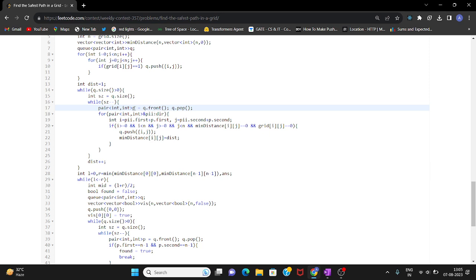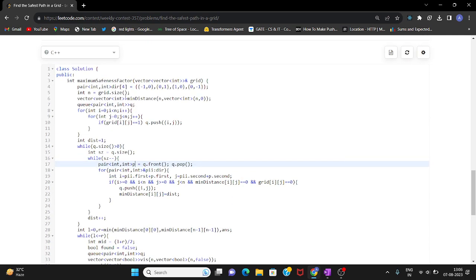And for this cell, which is denoted by P here, we are trying to make 4 choices. And how are we making those 4 choices? Using this dir vector, which is the direction vector.